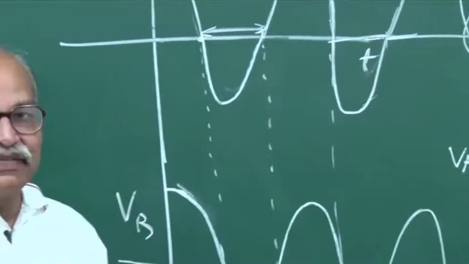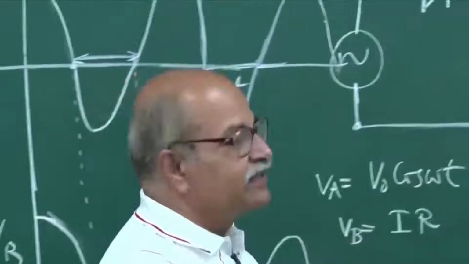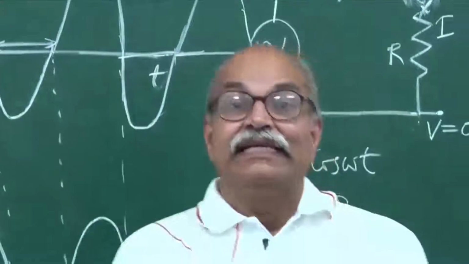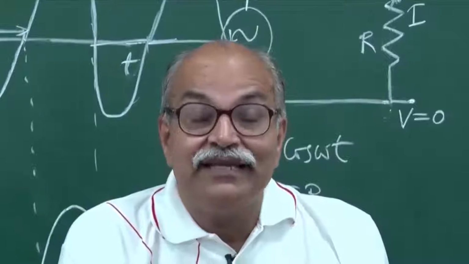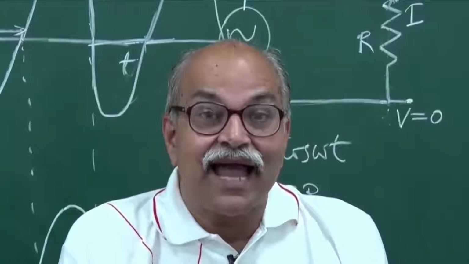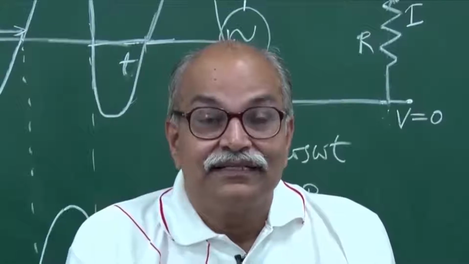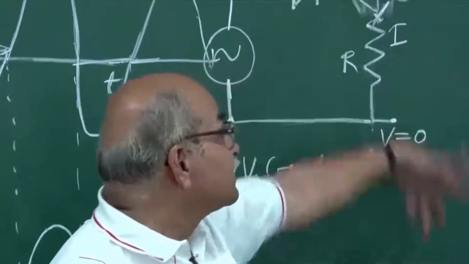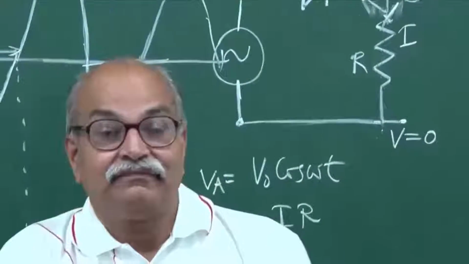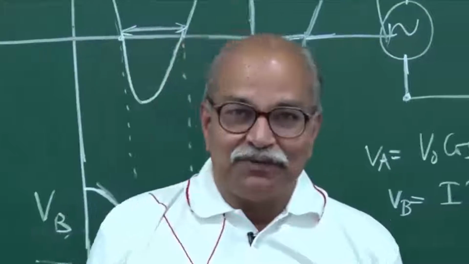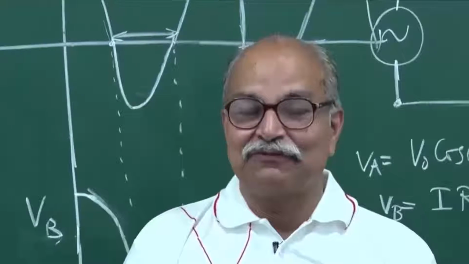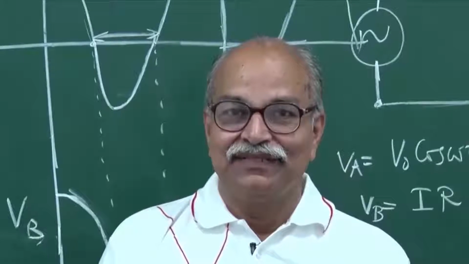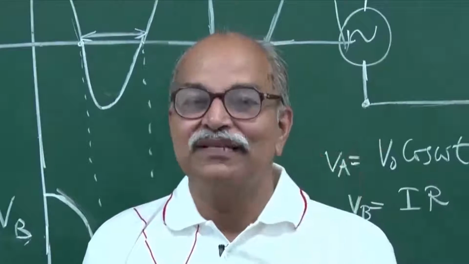So the potential difference which appears across this is in fact a DC voltage. It does not change direction. It's a direct current source. This has become a direct current source. Okay, so you can obtain this DC voltage source from AC voltage source just by putting one PN junction in